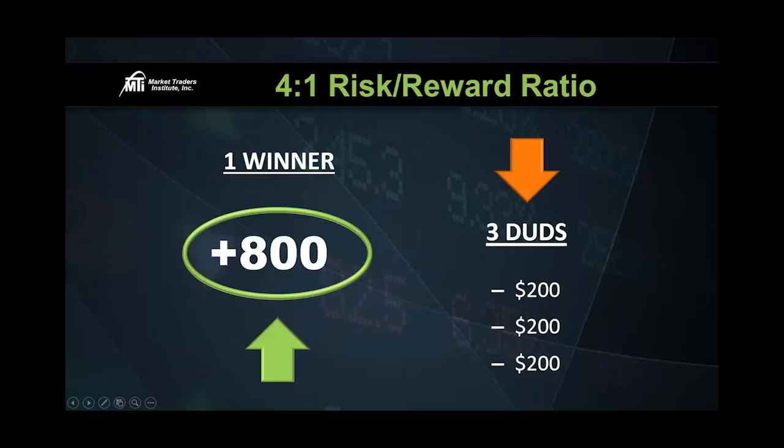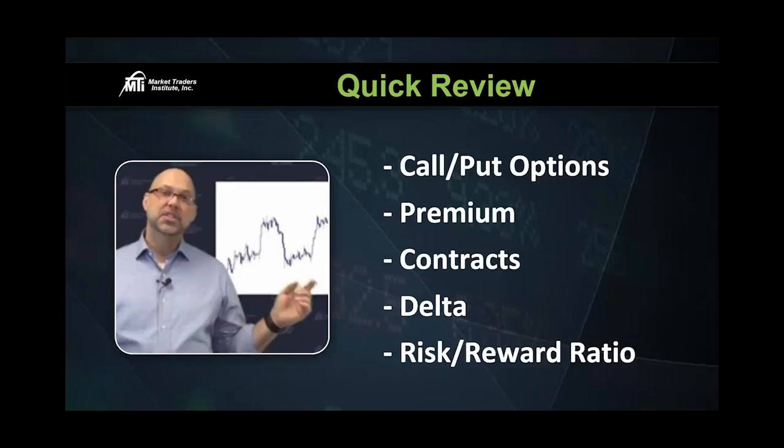So what I want to do right now is go very quickly here. I promise you, normally in my webinars, I don't have much time. I only have about another 15 minutes to get through all this. But let's just take a quick minute here and do a quick recap. I know my brand new people out there, your sponges are probably starting to get a little bit full right now. So far what I've taught you today are call options and put options, premium, contracts, deltas, and risk to reward ratios. At this point, you now have enough education. You have a vocabulary now. This is all in your back pocket. If we were to send you a trade alert or an opportunity would come up, you would know what we're talking about. You won't be holding our team back at this point. So I know some of you might be thinking, well, isn't there a lot more to learn?